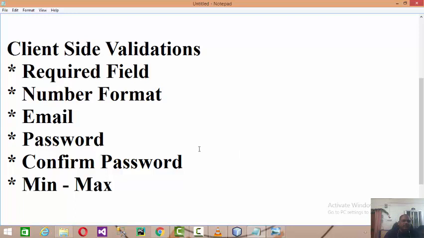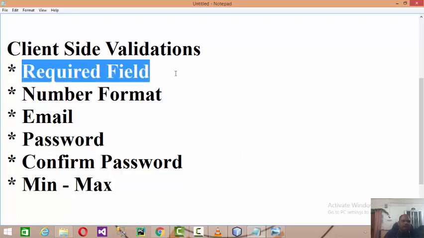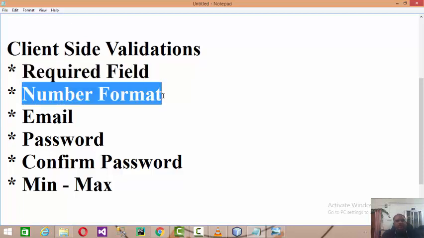The first thing is, the required field prompts the user that data must be fed on the client side, otherwise it will not allow posting the data. In a numeric format, alphabets are not allowed to be entered.